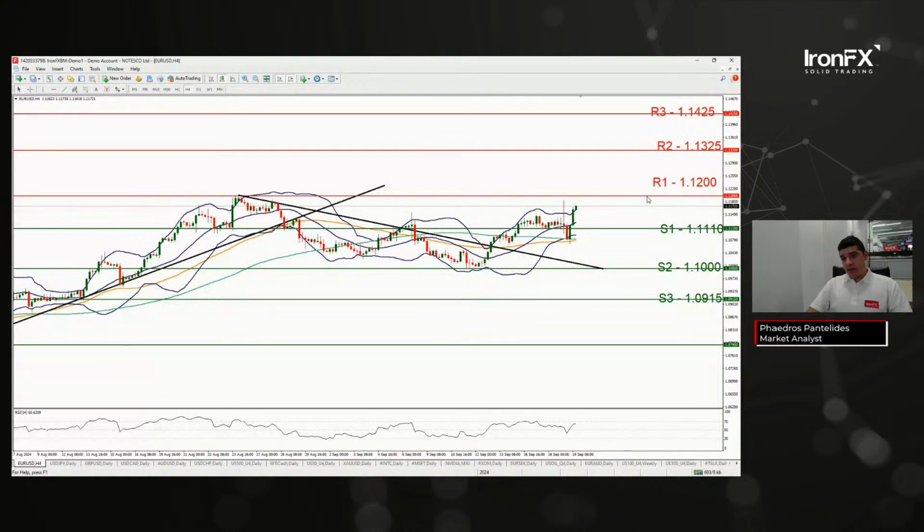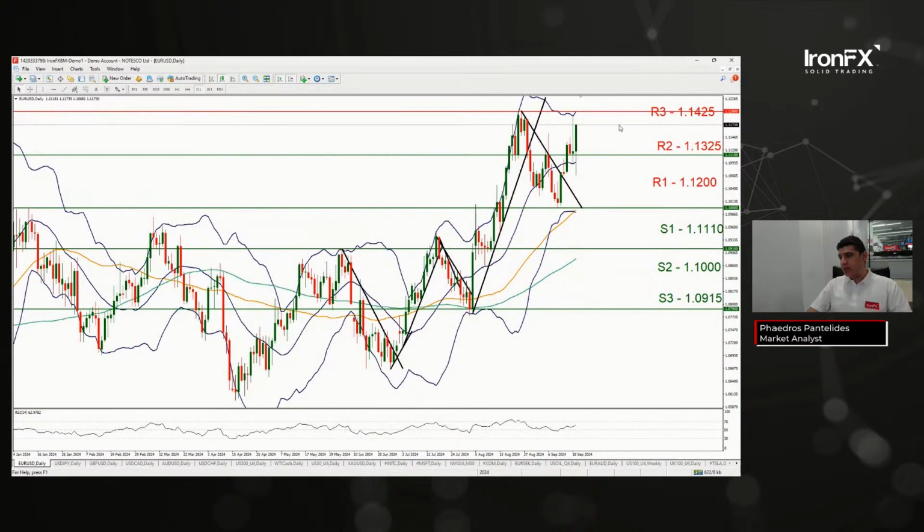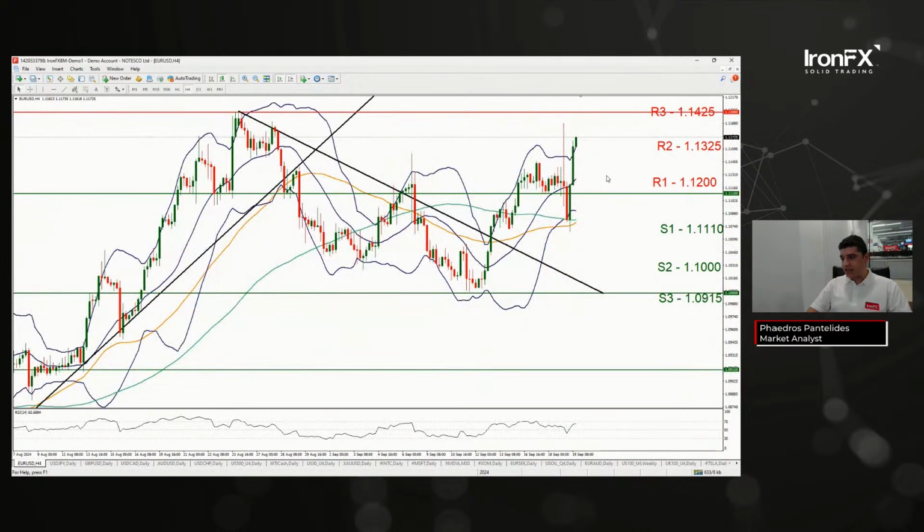Morning. As always, we are on the euro against the US dollar on the 4 hour time frame. So we're going to be diving into the daily chart. Yesterday the euro moved slightly higher based on its opening and closing figure. But as you can clearly see, there are some very nice wicks here, which is essentially the Fed's interest rate